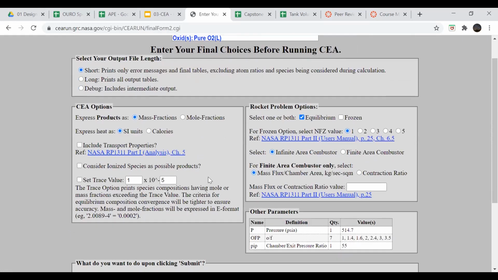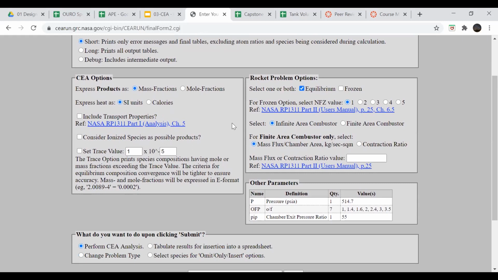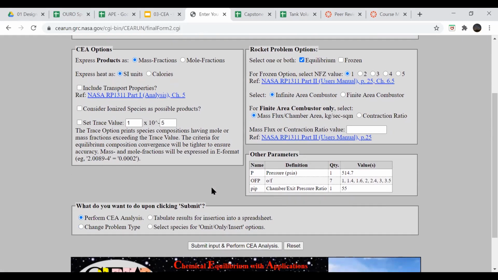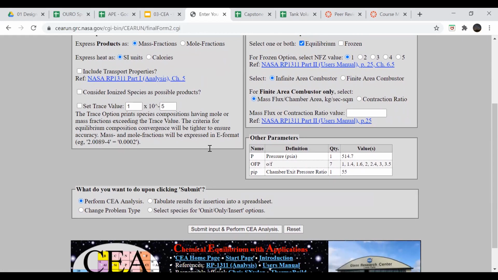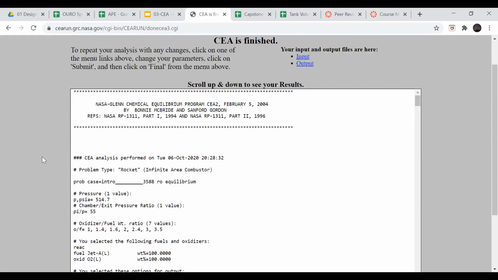And now here is a bunch of different options for the calculations. Generally don't touch any of these. I don't understand most of these, but yeah. Then you submit, and it comes out with your nice